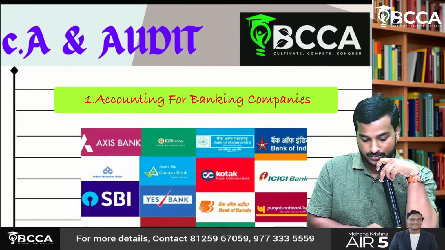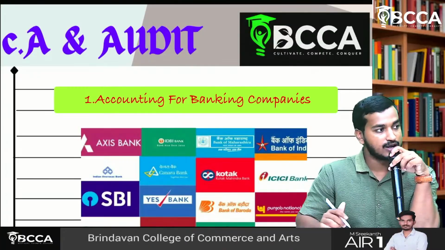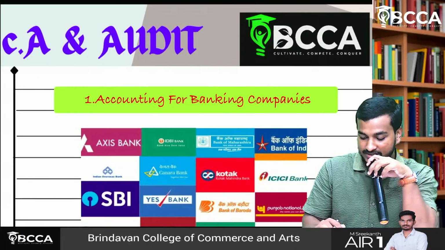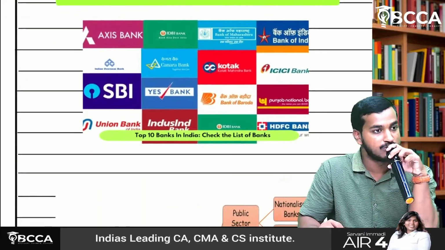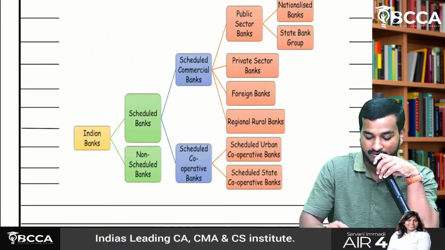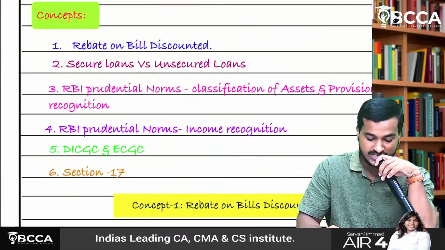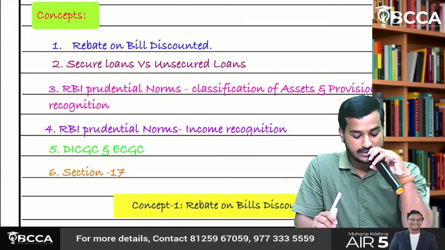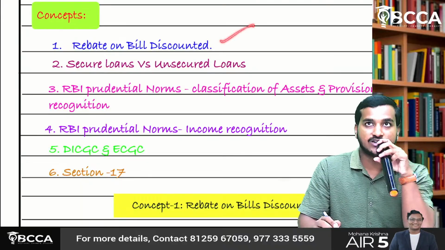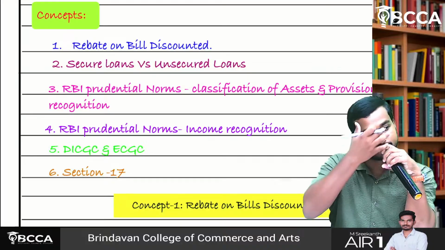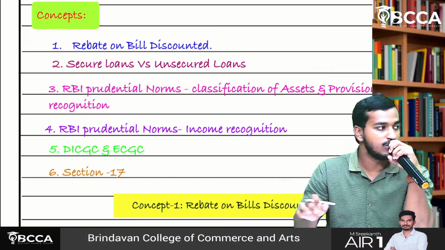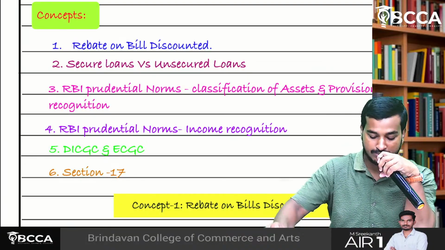Okay, so we are discussing accounting for banking companies. I think we have covered concept number 1, if I am not wrong. If you remember, we have totally 6 concepts. Concept number 1, rebate on bill discounted. Concept number 2, secured loan versus unsecured loans. Concept number 3,